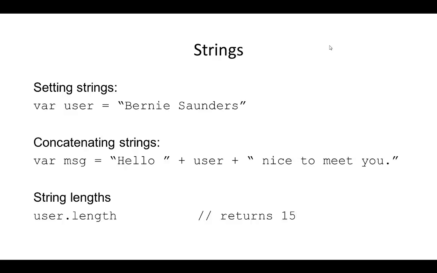Bernie Sanders. Okay, I can concatenate strings, put strings together to make one longer string, with the plus sign. So I can go hello plus user plus nice to meet you. Notice the spaces being placed at the end of the words, because Bernie Sanders gets replaced for user. And if I want to know how long that string is, I can use the length method